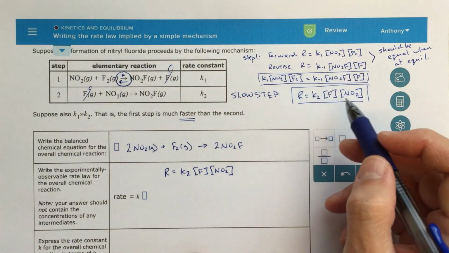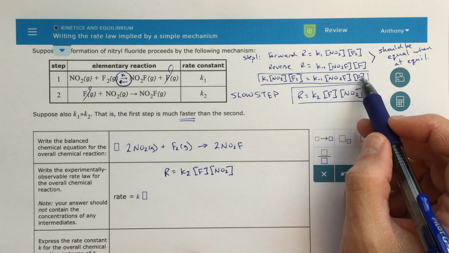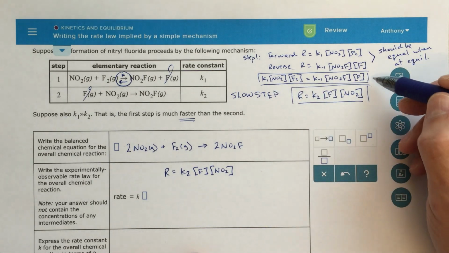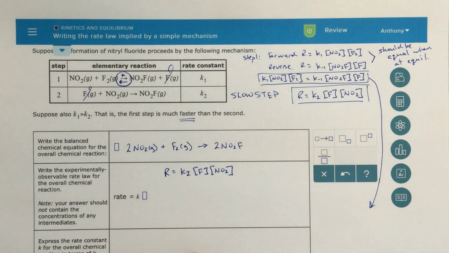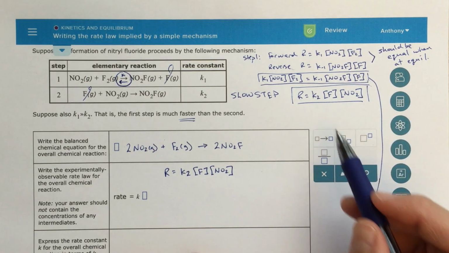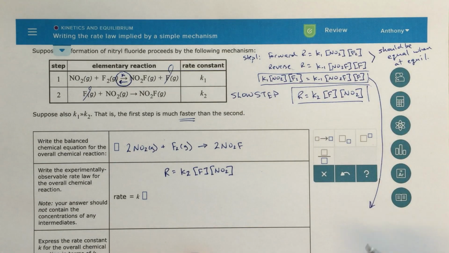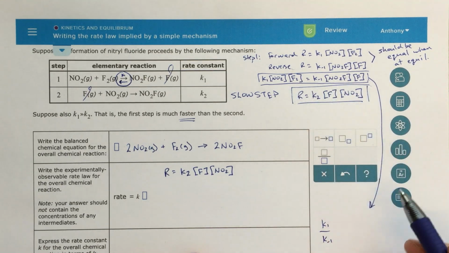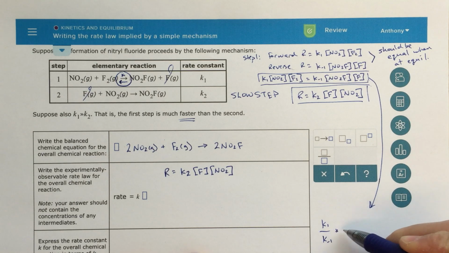And I'm going to rearrange the information here to solve for the intermediate, to solve for F. So I'm going to take this information and bring it down here, and I'm going to start rearranging things. I'm going to leave F on that side and bring everything else over to the other side. So I will end up with K1 over K inverse 1, just dividing both sides by K to the minus 1, times the concentration of NO2